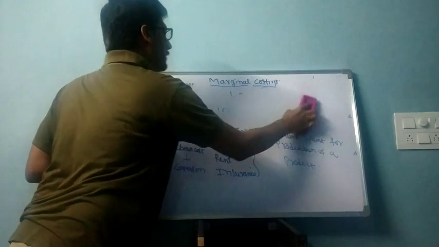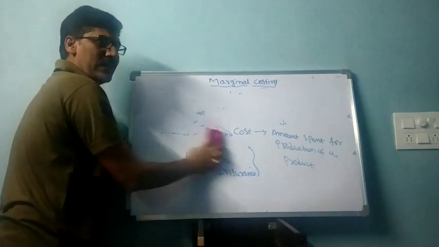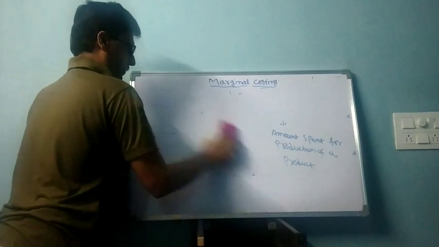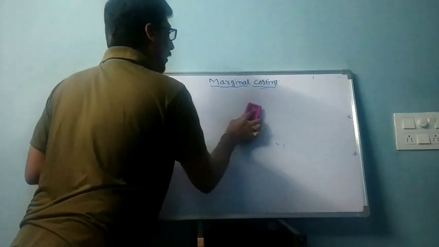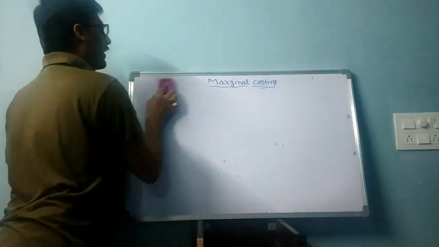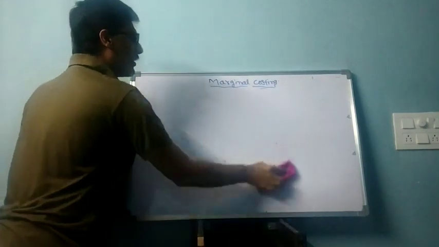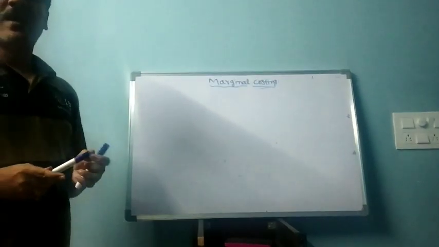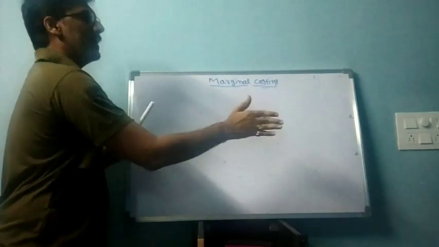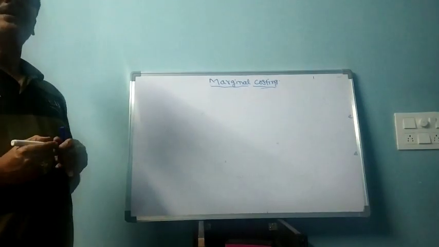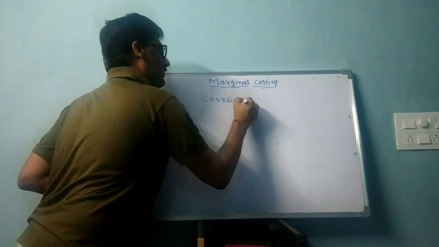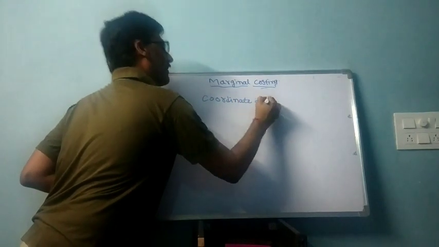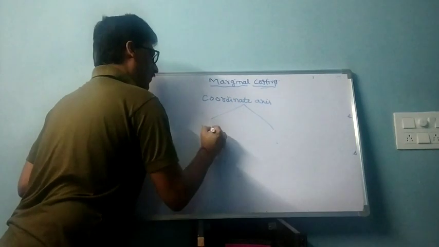Before I explain the two terms, I want to explain this on the coordinate axis. How to explain this on the coordinate axis? First of all, let us see. This formula derivation is very important, very informative and very interesting. These are going to be discussed in the next section. For only today, I will just explain fixed cost and variable cost, how they are going to be presented on a coordinate axis. What is coordinate axis? Coordinate axis is nothing but X-axis and Y-axis.